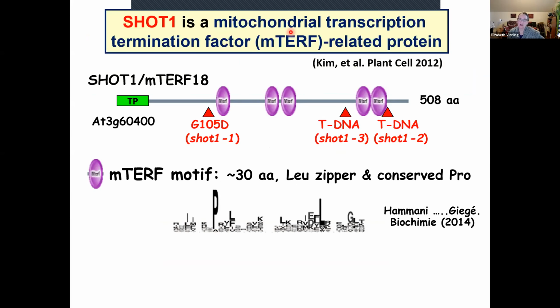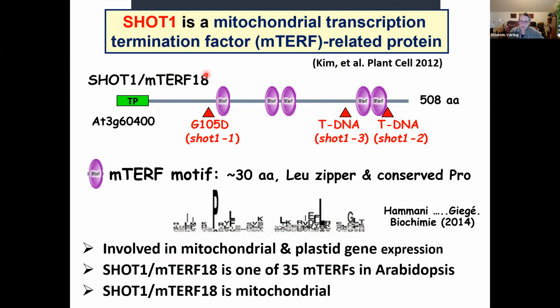It turns out that SHOT1 is a mitochondrial transcription termination factor related protein. These proteins have a variety of mTERF motifs, which are degenerate motifs of about 30 amino acids. SHOT1 is also named mTERF18. These mTERF proteins are involved in mitochondrial and plastid gene expression. SHOT1 mTERF18 is one of 35 mTERFs in Arabidopsis. These proteins are also found in mammals. In humans, there are only 4 of these proteins. And SHOT1 mTERF18 is mitochondrial. So this brings us to the question of